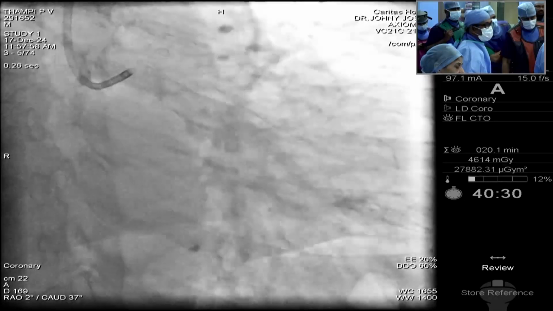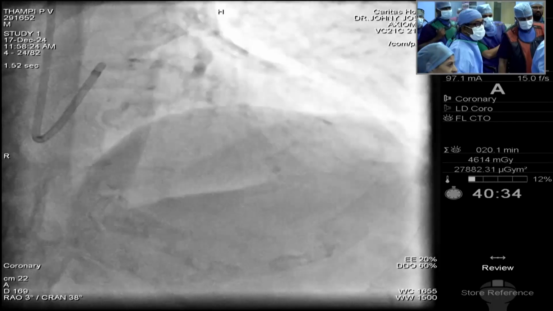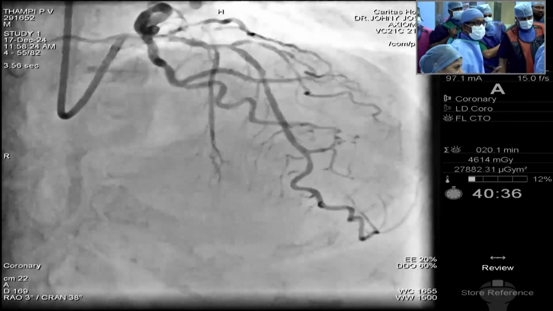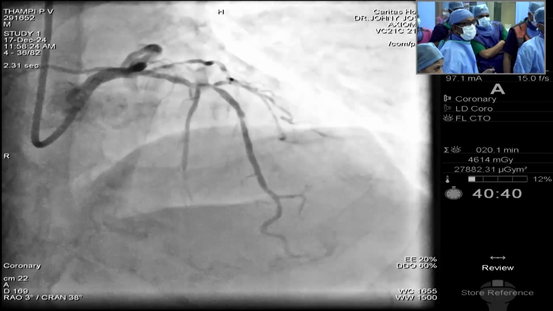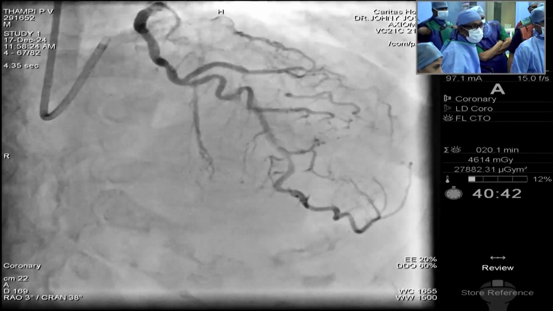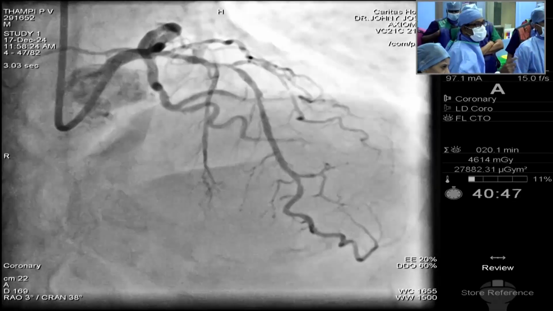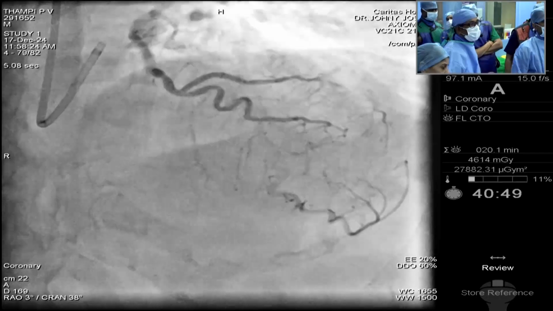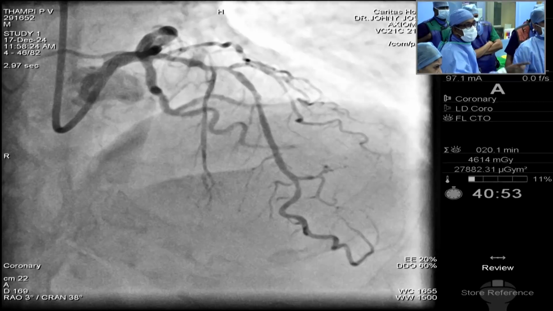Okay, and now show the next image. It's a tram track calcification, a tight stenosis in the proximal LAD, with significant calcification. The vessel looks a little bit smaller than the previous vessel. The previous vessel was much bigger. This looks a little bit smaller. So that's the lesion near the diagonal and septal. Yeah, there is a lesion down. So probably we might need 2 stents, or probably a 48